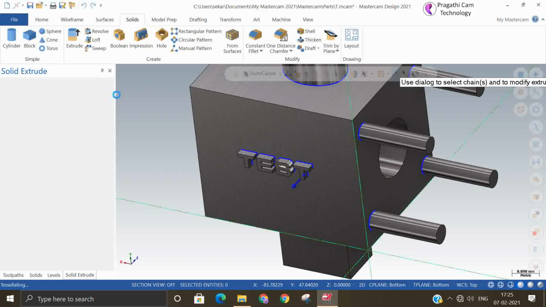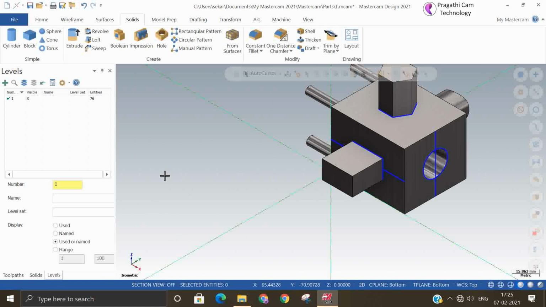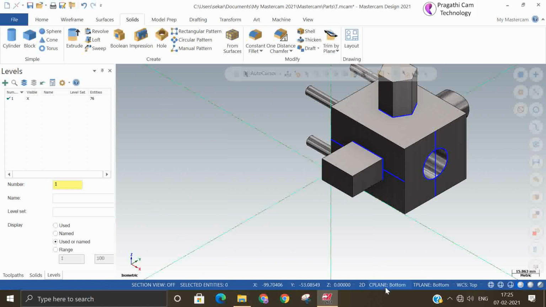So now I took one block and all six sides I made different shapes. Now I reset all, C plane top and G view isometric. So all six sides I made different shapes.